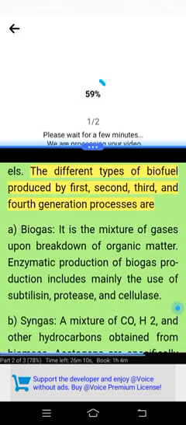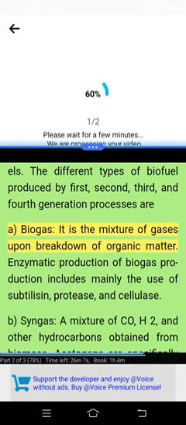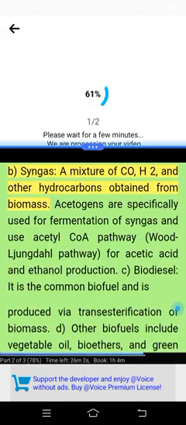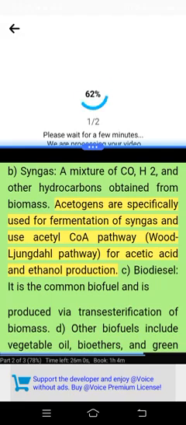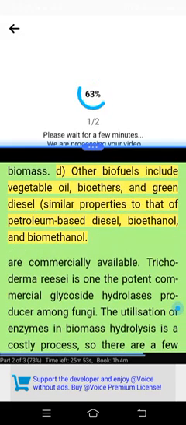The different types of biofuel produced by first, second, third, and fourth generation processes are: a. Biogas. It is a mixture of gases produced upon breakdown of organic matter. Enzymatic production of biogas includes mainly the use of subtilisin, protease, and cellulase. b. Syngas, a mixture of CO, H2, and other hydrocarbons obtained from biomass. Acetogens are specifically used for fermentation of syngas and use the acetyl-CoA pathway, the Wood-Ljungdahl pathway, for acetic acid and ethanol production. c. Biodiesel. It is a common biofuel and is produced via transesterification of biomass. d. Other biofuels include vegetable oil, bioethers, and green diesel, with properties similar to those of petroleum-based diesel. Bioethanol and biomethanol